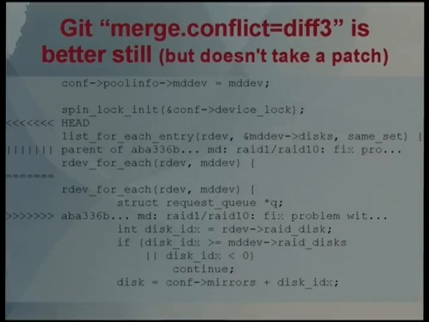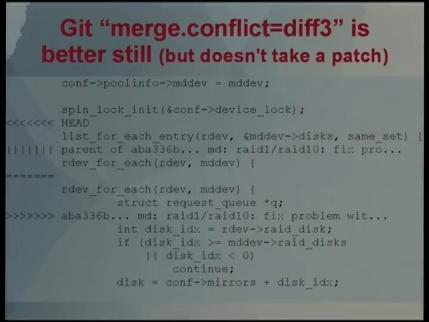What it should look like is more like what diff3 does. And Git is different to patch because Git has the entire file, not just a patch, and that makes a significant difference we'll get to in a minute. But when Git finds a conflict, it tries to merge it. The default merging, I think, is kind of unreadable. It doesn't really give you enough information. If you set the merge.conflictstyle for Git to diff3, it actually shows you a result like this.